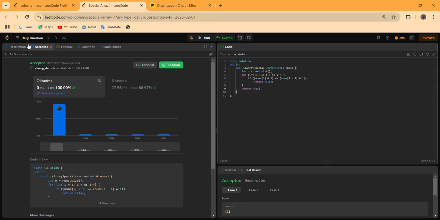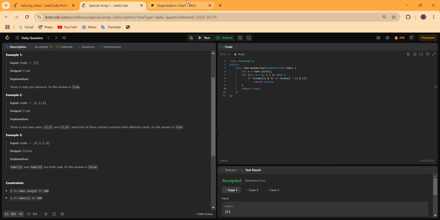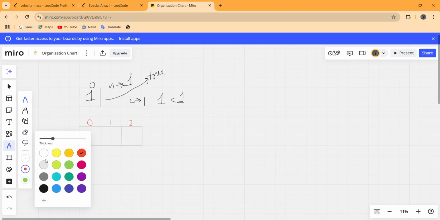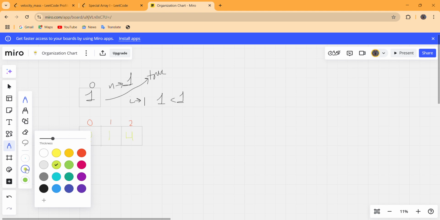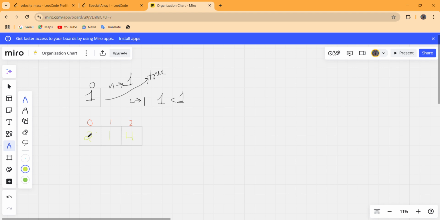The elements in example 2 are 2, 1 and 4. Let us put the elements here: 2, 1 and 4. For this given input array, our n should be equal to 3.